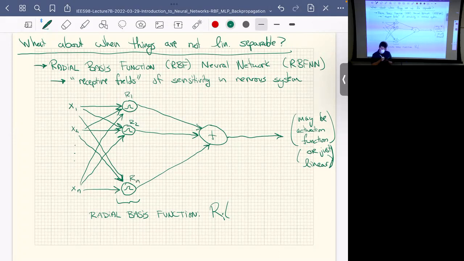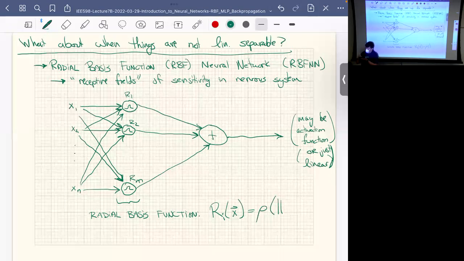I'll say Rm, because I don't actually need this to match. I could have a different number of radial basis functions than inputs, all right? So this radial basis function Ri takes x as a vector, and this is just going to be some kernel function, I'll talk about that here in a second, which takes as an input